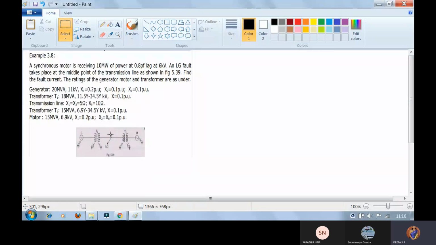So we need to find out the fault current at F. Before going to that, what do we have to do? We have to find out the new base values and new kV values on the transmission line side and motor side as well as for the transformer. Once that is done, then we are going to segregate the sequence reactances, because first we need to write the sequence diagrams. What is the positive sequence diagram, negative sequence diagram, and zero sequence diagram? Individually, you calculate the fault current.